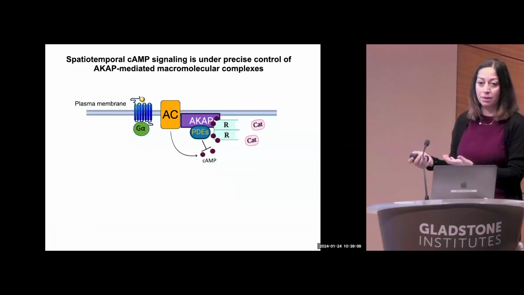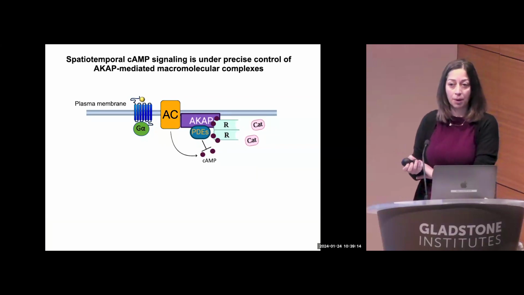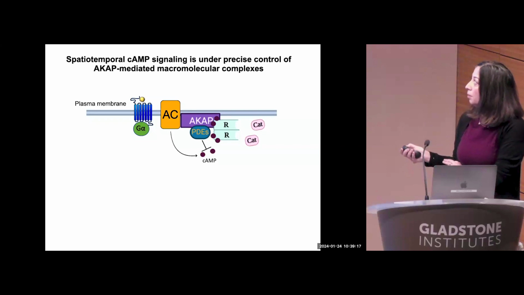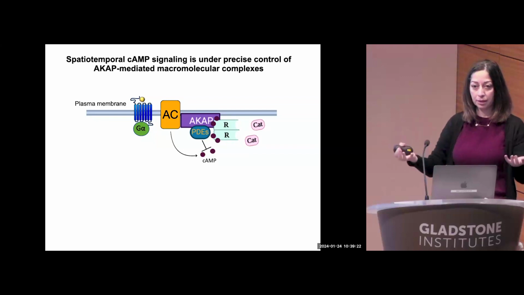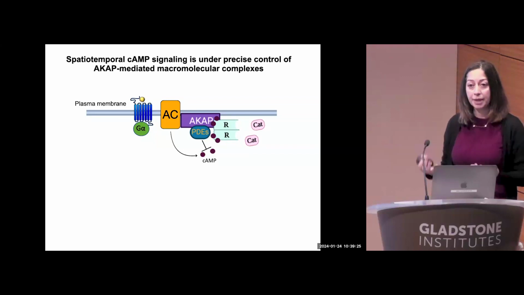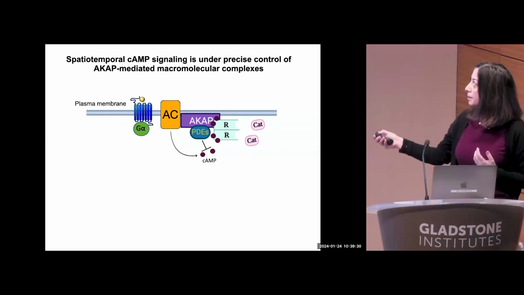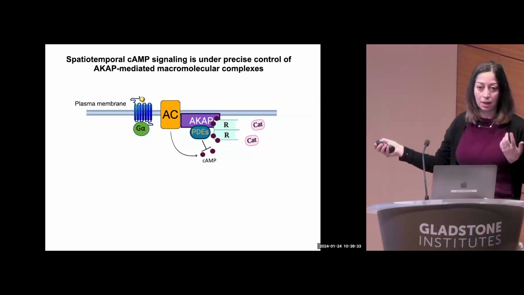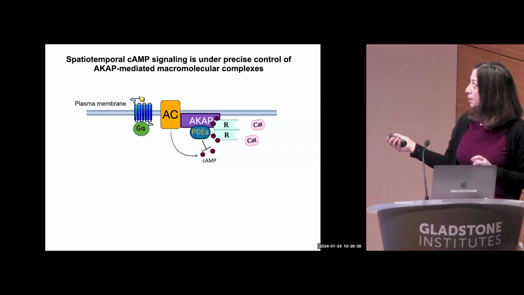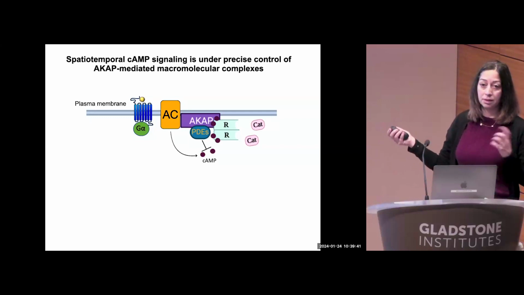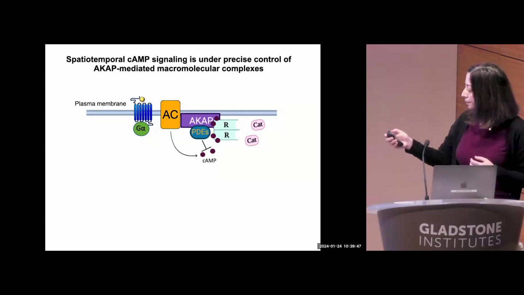So to answer these questions, there are a number of labs that have been studying how this signaling is actually compartmentalized within the cell. The compartmentalization usually happens by adapter proteins that bring either the signaling molecules, the positive regulator or negative regulator, to specific subcellular compartments within the cell. In this case, the AKAP proteins, known as A kinase anchoring proteins, bring both the protein kinase A, one of the key kinases that gets activated by cyclic AMP, and phosphodiesterase, the enzyme that degrades cyclic AMP, both in the same vicinity, in the same compartment.